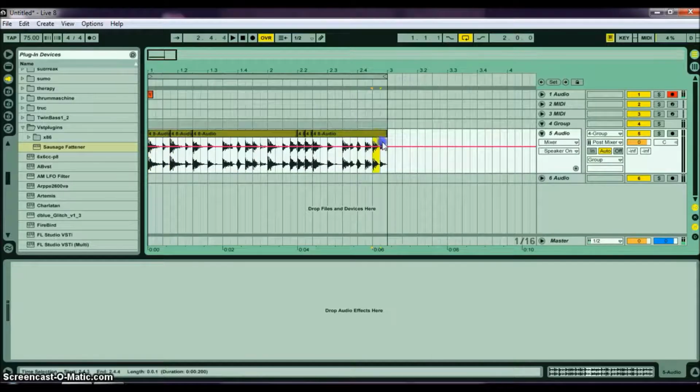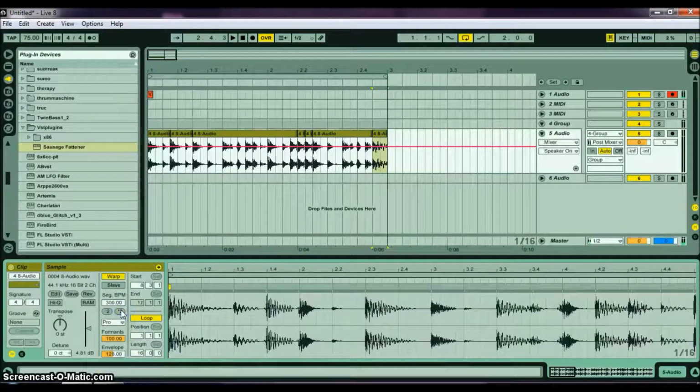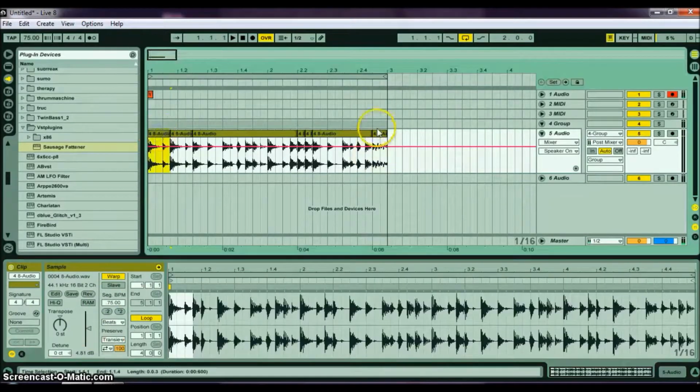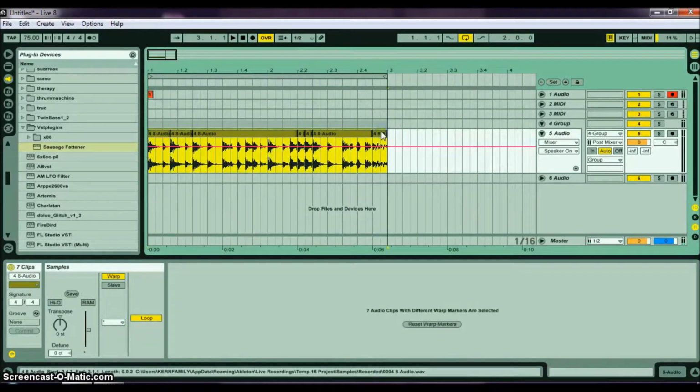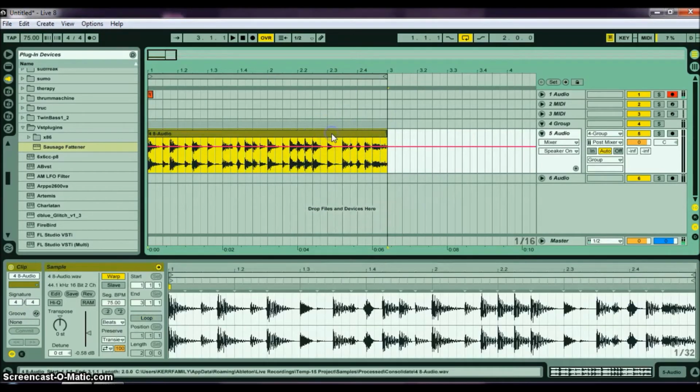Even at the end, if you want to take a little piece, Control E will cut it off, double click it, change it to Complex Pro, and stretch it to triple time. Yeah. Turn the volume down. Okay, now if I select all this and hit Control J, come on. It gives me one consolidated clip that I can